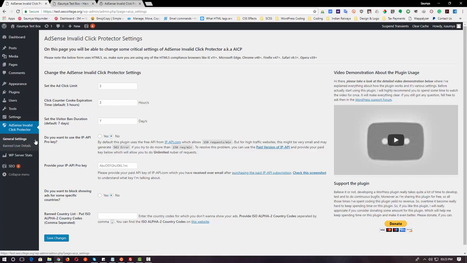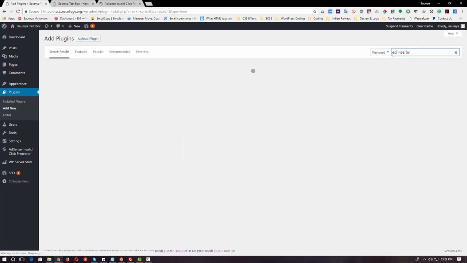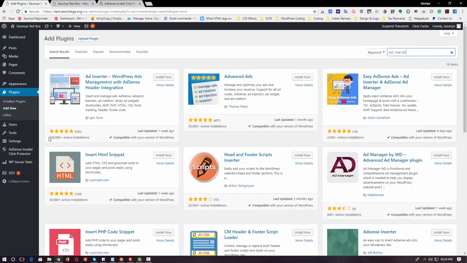Now, if you are not quite acquainted with programming and do not have much expertise with how to code, then the best way of adding your Adsense code is by installing another plugin. It's called Ad Inserter. This is one of the best plugins for inserting your Adsense or any kind of ad codes into your system. It's a very popular plugin and the support is phenomenal, and it has always been properly maintained and updated. So just install the plugin